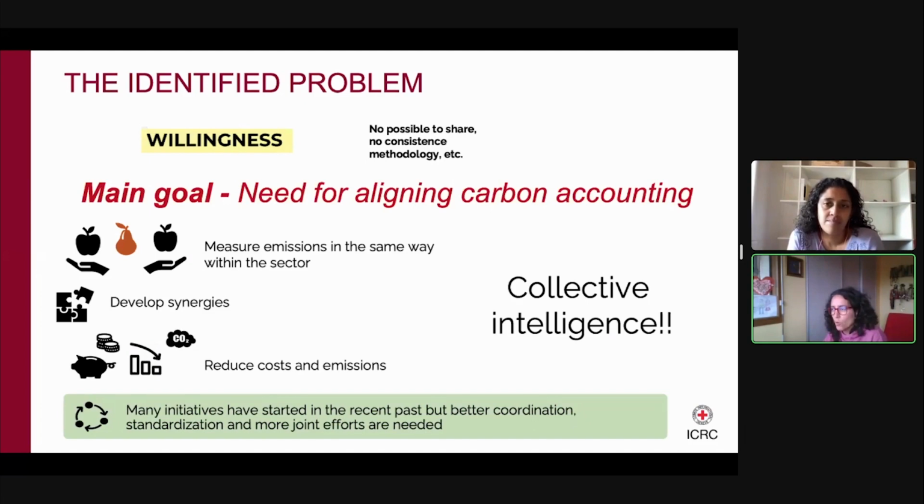I think if we all work together, our collective intelligence is much more than if we do it separately. What I mean with this is to start measuring the emissions in the same way within the sector. As I mentioned before, develop synergies, but also reduce the cost, and also reduce emissions. I mean, each of us gets different consultants, which are really good, but at the end, they actually get information